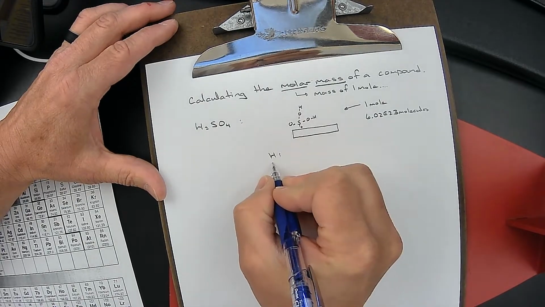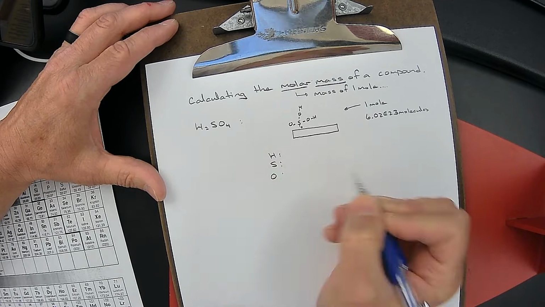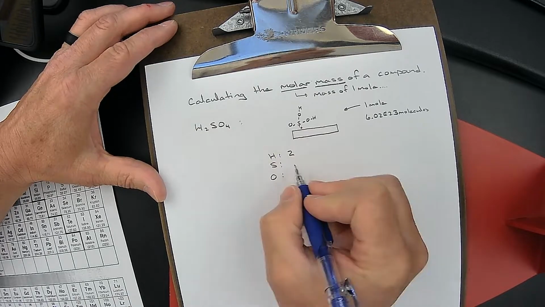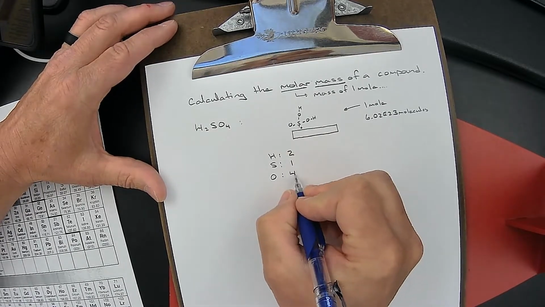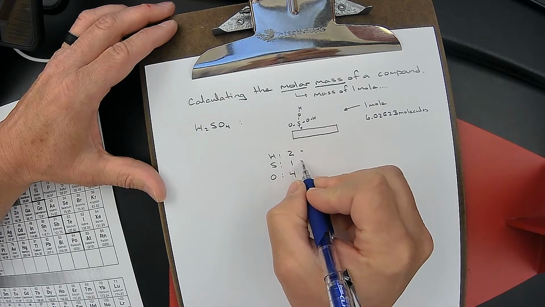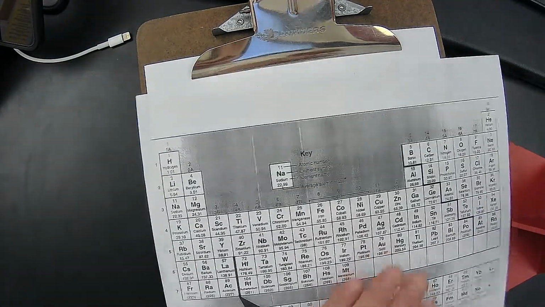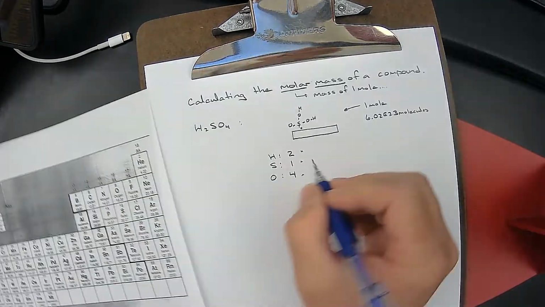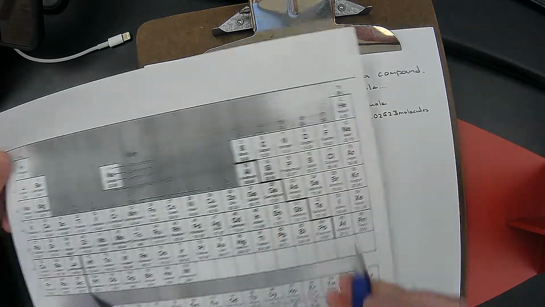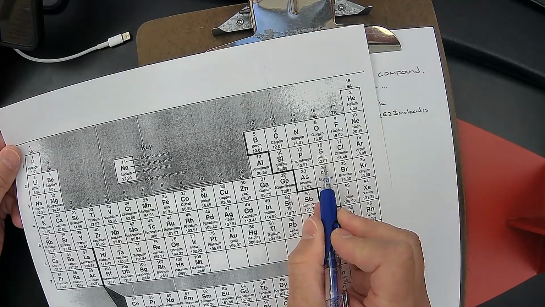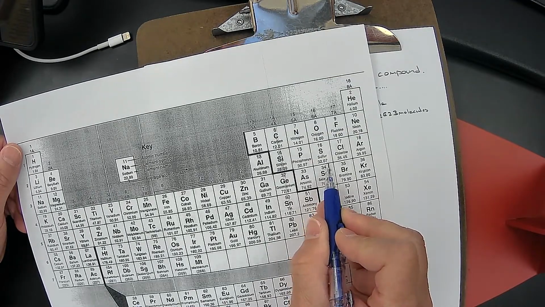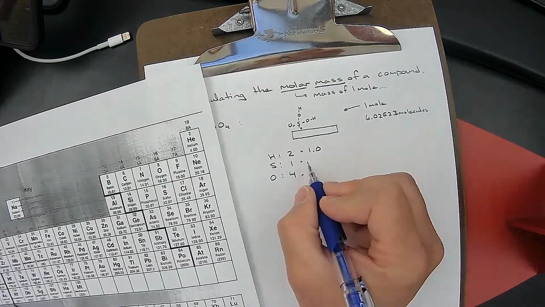The first thing we do is list out every single one of our elements that we're dealing with, and then we count them. There's 2 H's for each molecule. There's 1 S for each molecule, and there's 4 O's for each molecule. Then I'm going to multiply by each individual element's molar mass. So for hydrogen, I'm multiplying by 1.0. For sulfur, I'm multiplying by 32.1. I'm rounding to the nearest tenth. If you take another chemistry class, maybe they'll have you round to the nearest hundredth or the thousandths. This class, we're rounding to the nearest tenth. So we'll go 32.1. And then oxygen,